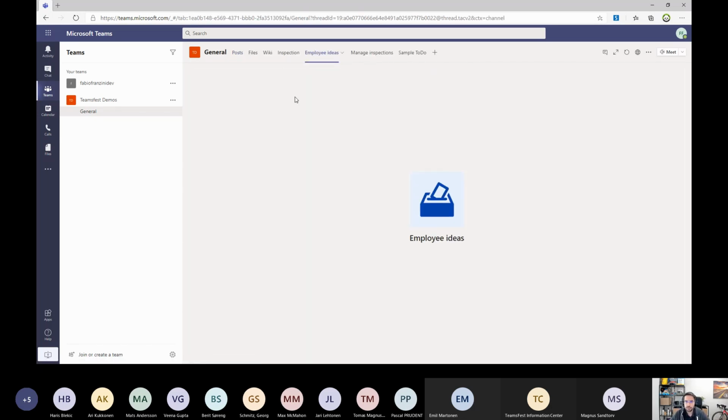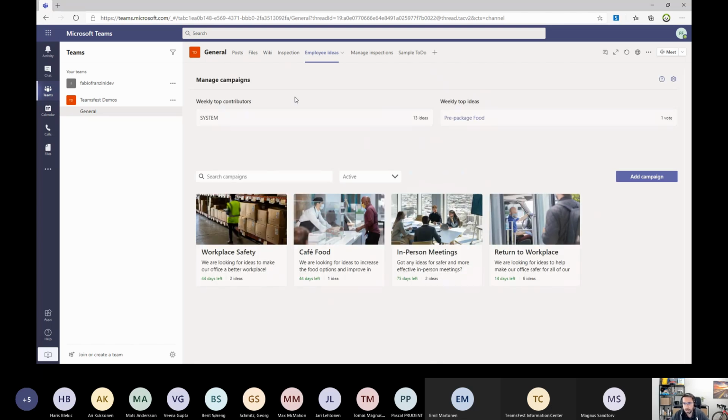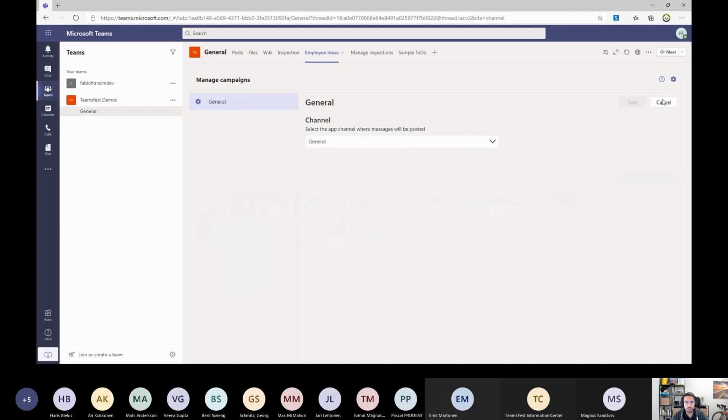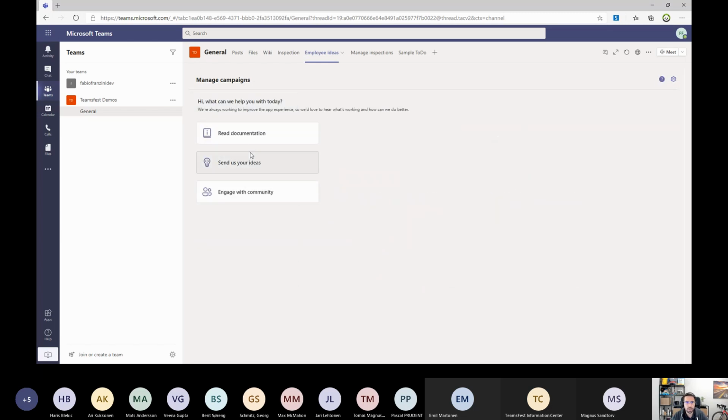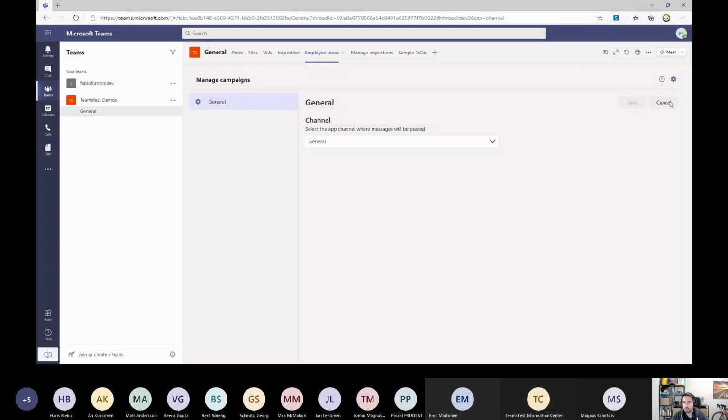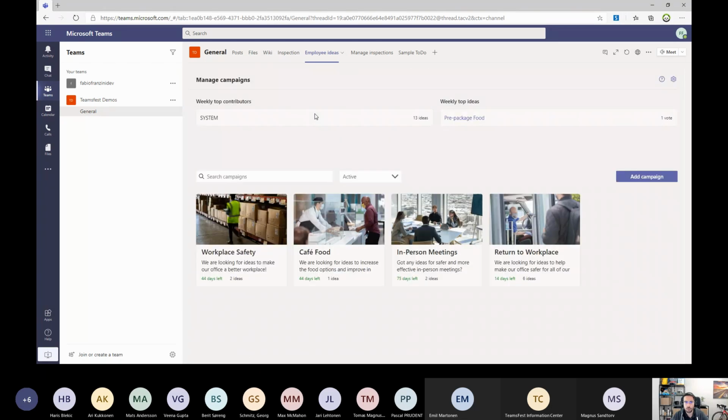First of all, I want to show you Employee Ideas. The interesting thing I already mentioned is that this Power App application has the same look and feel UI of Teams. For example, the buttons or other controls like the drop downs.